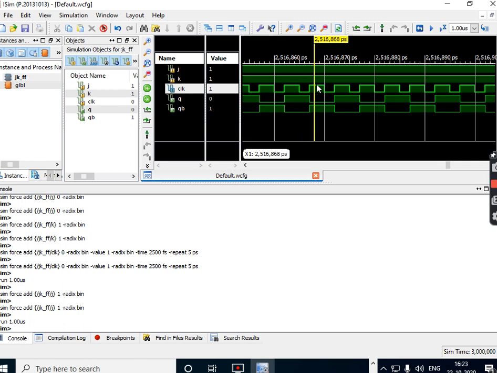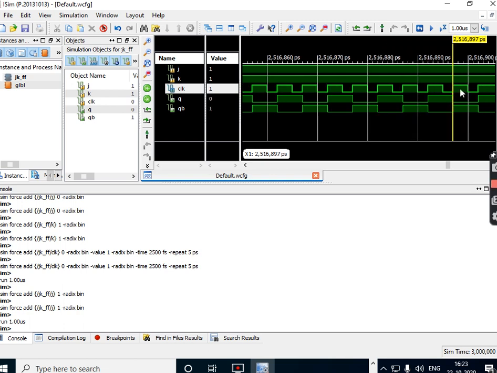When the next clock occurs, this is the positive edge of the clock. What will happen at the positive edge? You can see in the previous positive edge, for 1 1, Q is 1, Q bar is 0. For the next positive edge, Q is 0, Q bar is 1. Again for the next positive edge, 1 0. Again for the next positive edge, 0 1, 1 0, 0 1, 1 0, 0 1. So what this is called now is toggling state. Did you understand now what toggling state is all about? Okay, yes, very correct. Toggling state.